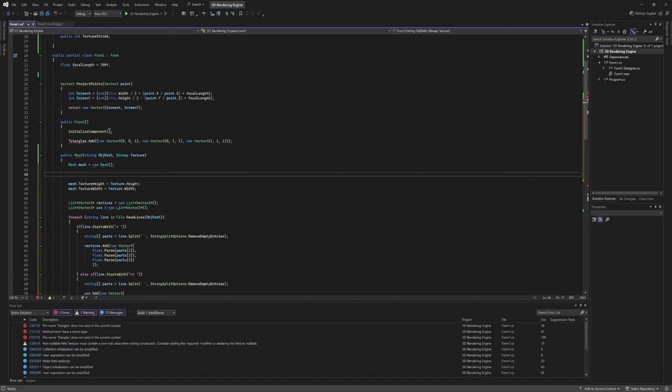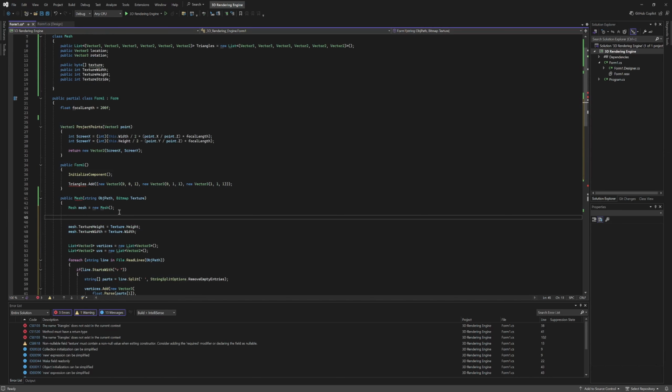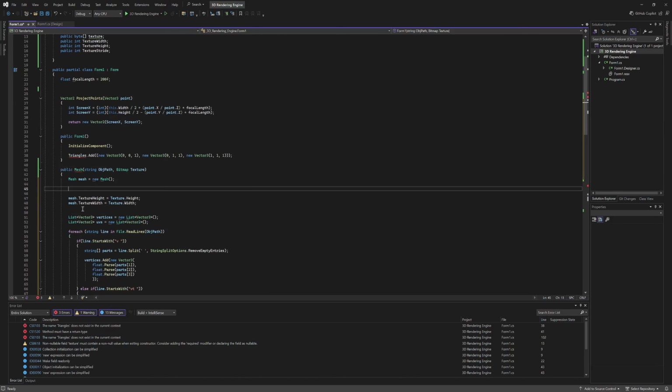And now the tricky part is copying over this texture into our byte array. We're gonna write this bitmap data texture data equals texture, this texture over here,